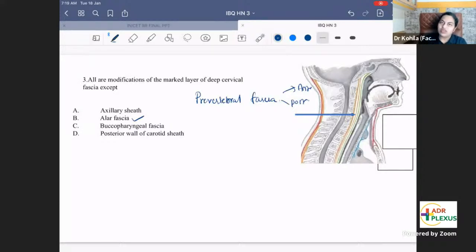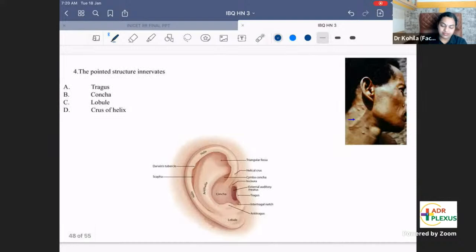What is there in the posterior triangle? The subclavian vein, artery, brachial plexus. So it continues as a covering for the axillary artery and the brachial plexus as axillary sheath. Okay. Of course, it contributes to the carotid sheath. The buccopharyngeal fascia is not a modification of prevertebral fascia. It covers the outer surface of the constrictor muscles of pharynx. The pointed structure in a way